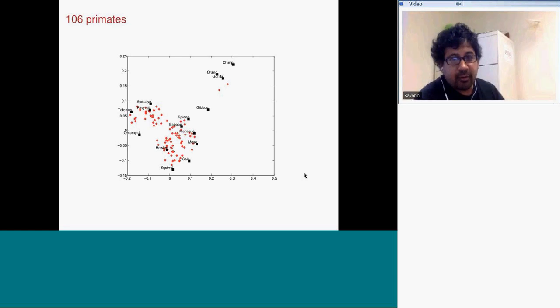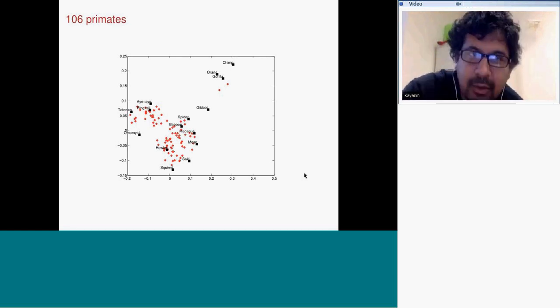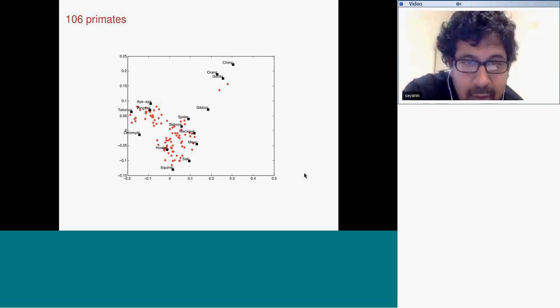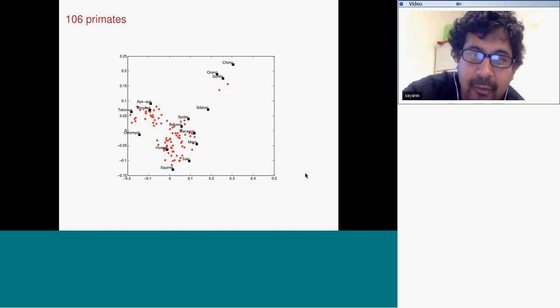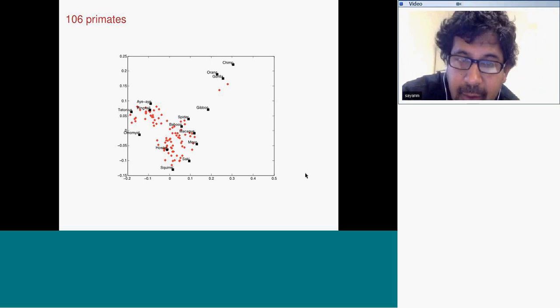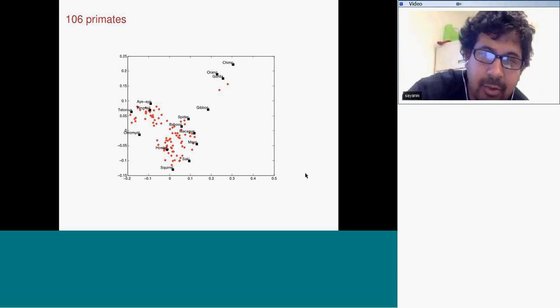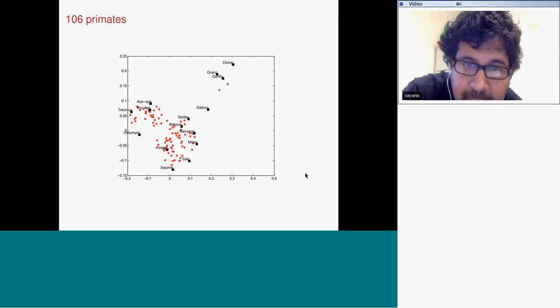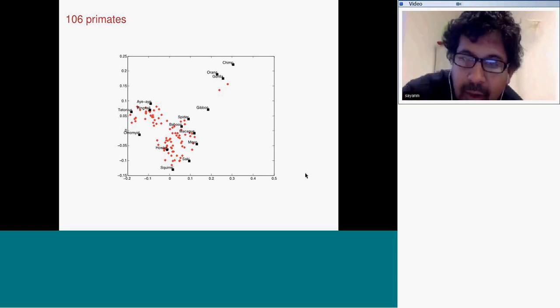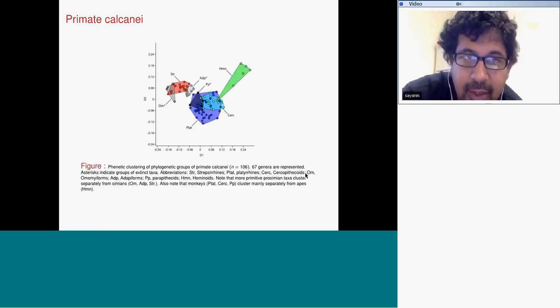Okay, so here's data from 106 primates. This is taking the persistent homology transform and taking the distances between these 106 heel bones, and using multidimensional scaling to scale it down to 2 dimensions. And you start seeing, at the top right, great apes, and in the middle you see old world monkeys. I think this one is actually an extinct old world monkey. Going down, howler, squirrel monkey, new world monkeys. If you look going towards the left, those are all lemurs. So it's starting to look like what you'd call taxonomy.